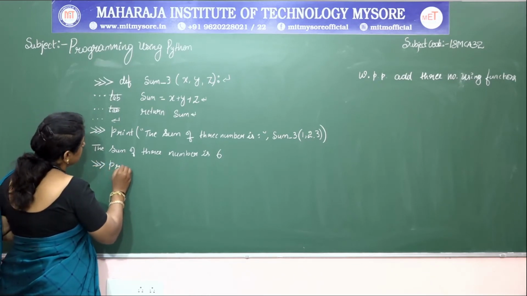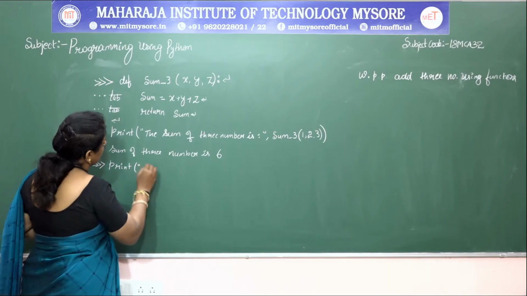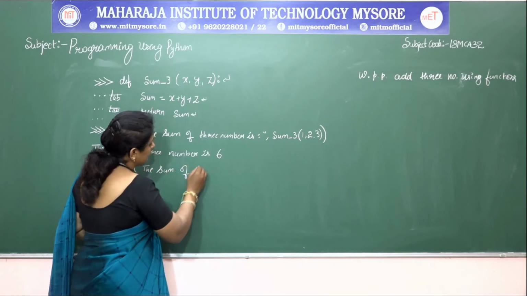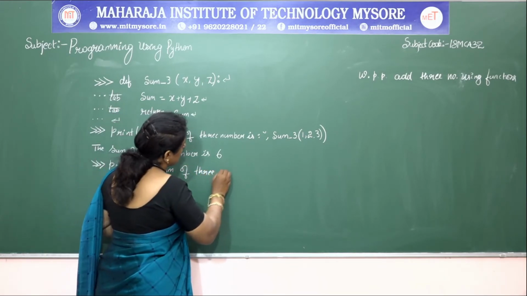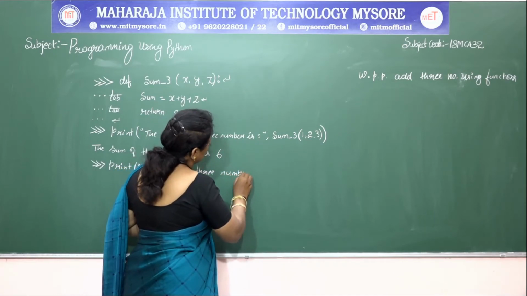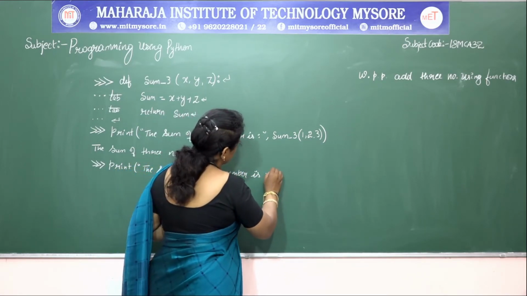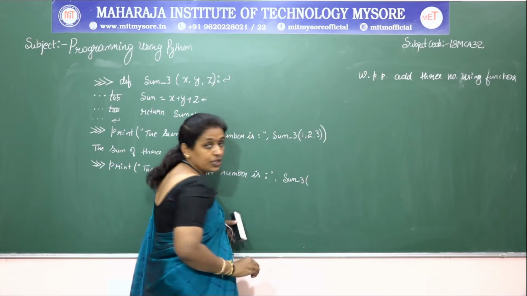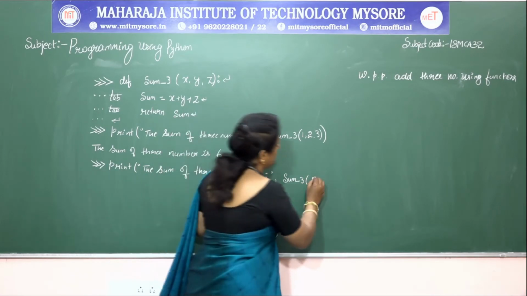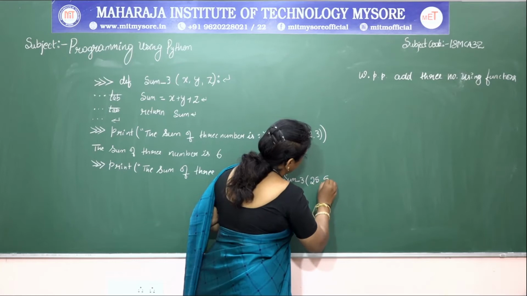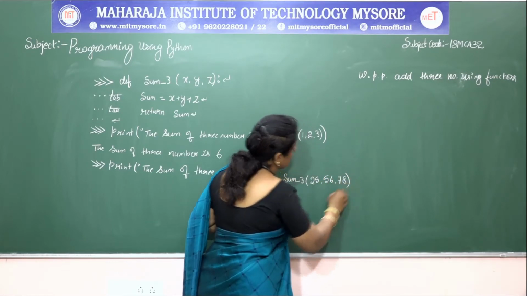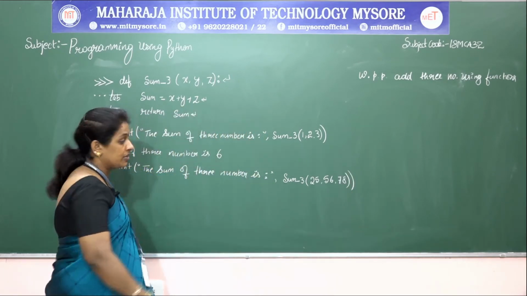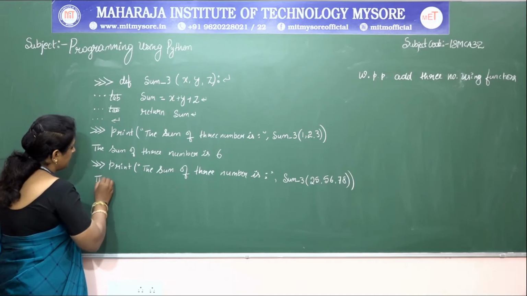Print the sum of 3 numbers is, and here I am passing the values as 25, 56, 78. When this expression is evaluated, I will get the output as